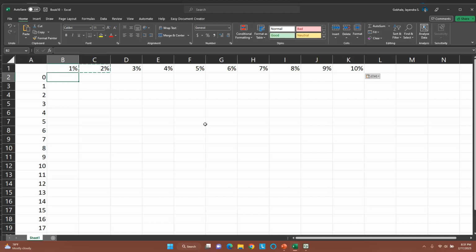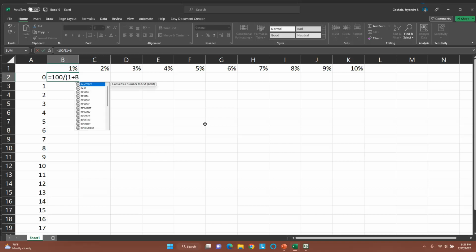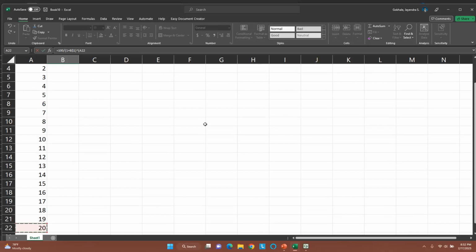Alright, we're ready now. So equals the present value, so it's 100 divided by 1 plus rate. So that's going to be $1. As we go to the right, we want to make it C, but we want to keep that 1 as it is, to the power of, now the cell that contains the 20th year is A22. We have to fix it completely. So $A$22 minus $A2,